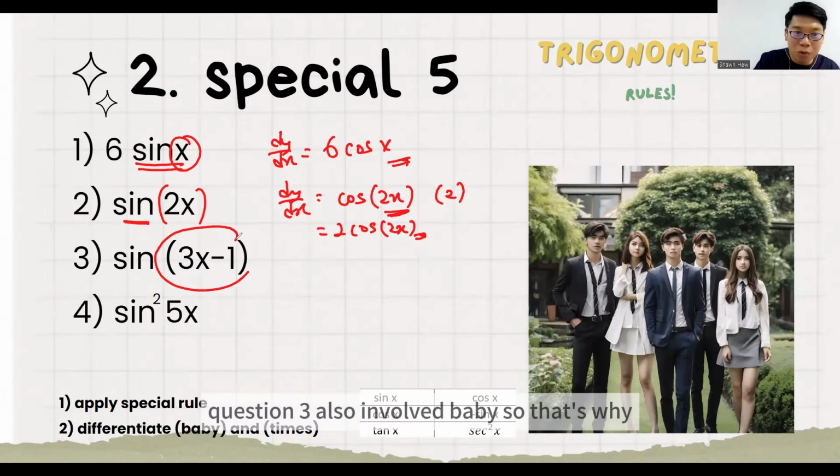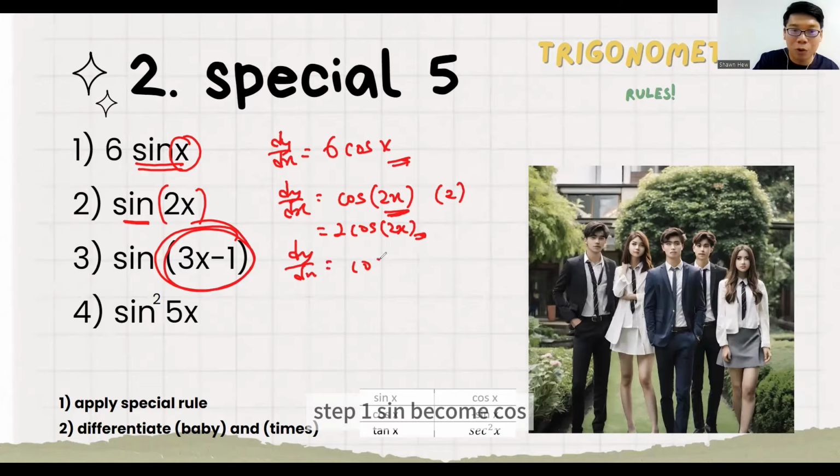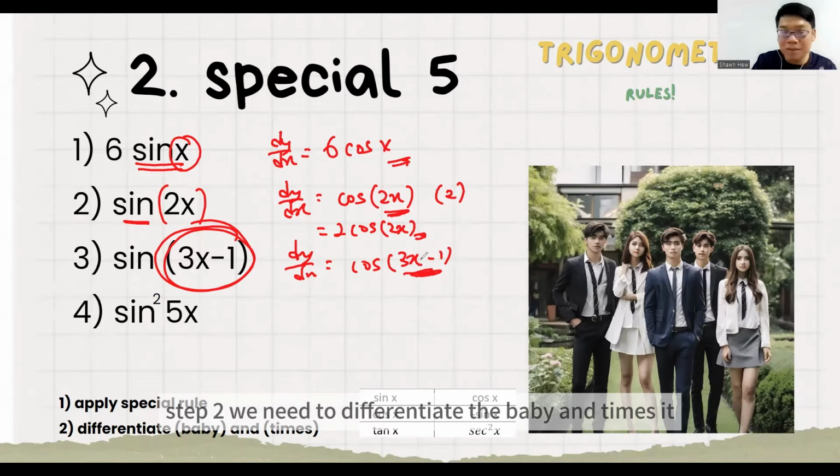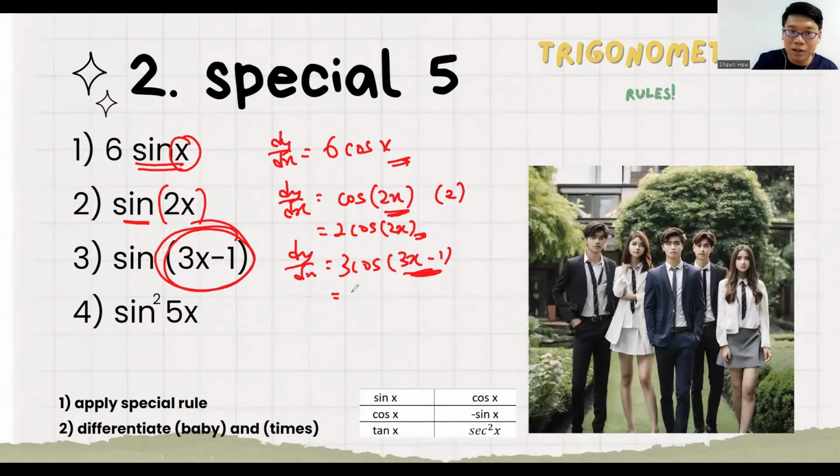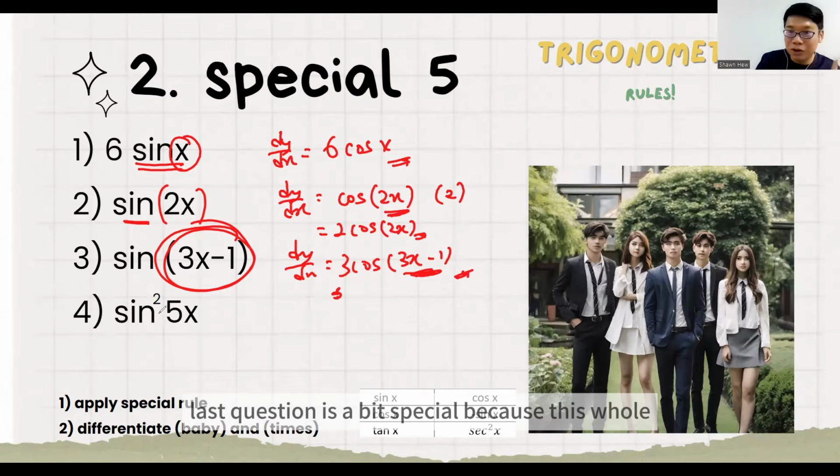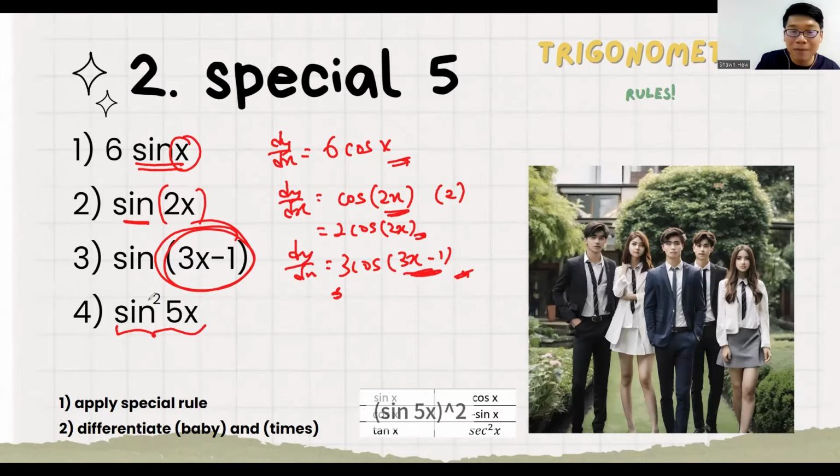Question 3 also involve baby. So that's why step 1, sine become cos. Copy baby. Step 2, we need to differentiate the baby and times it. So it's 3. Last question is a bit special because this whole sine 5x power 2, that's why I strongly